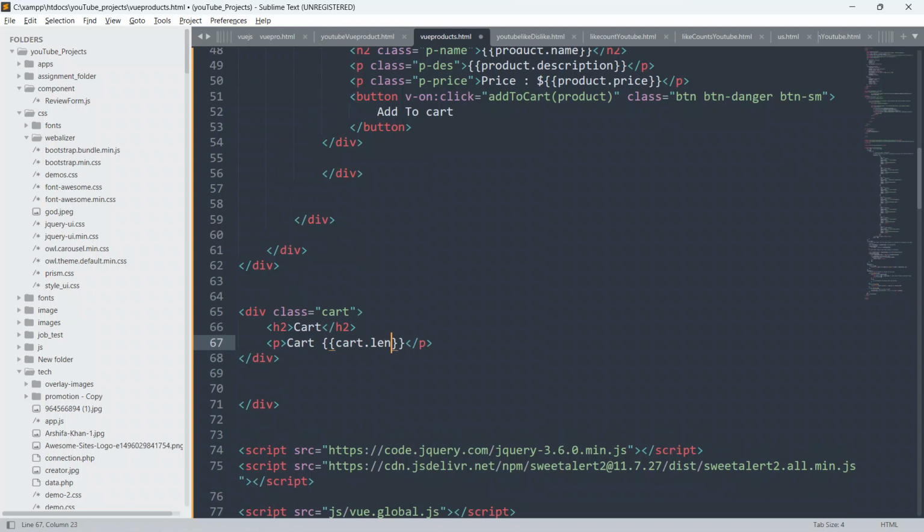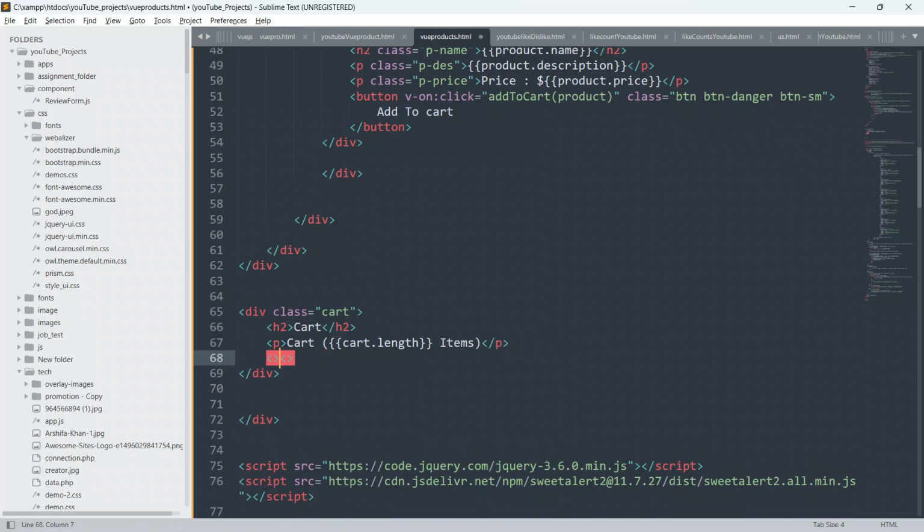So guys, as you all know, this cart is an array, and we can count the length of the array. Whatever product you add inside your array, inside your cart, it is gonna display the product count, like a length. So cart dot length, and put here item also. Give a parenthesis inside this, and give here also items. Okay, items.